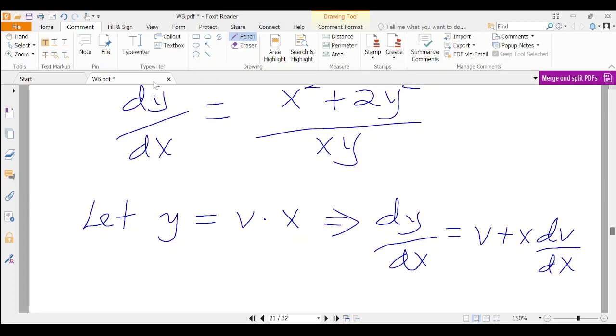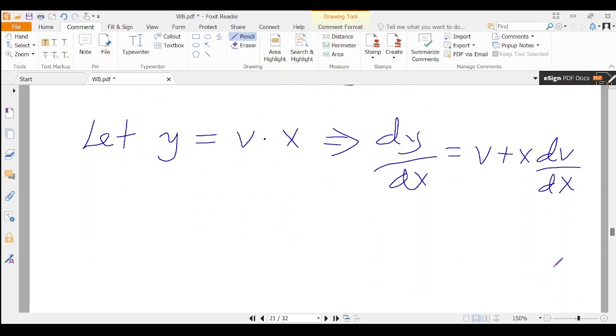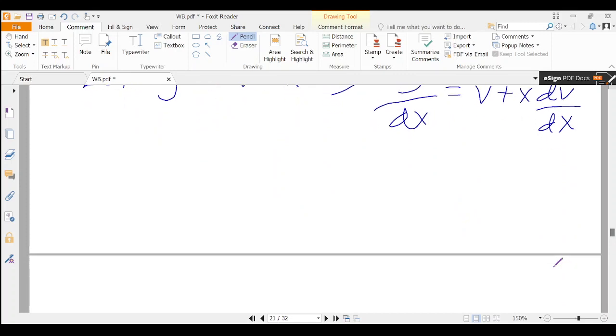Where we have dy/dx, we write v plus x dv/dx. Where we have y on this side, we write v times x. So notice that the first term on the right-hand side is x squared, so that one remains. So we are going to replace y here and here with v times x, then dy/dx by v plus x dv/dx. So our differential equation becomes v plus x dv by dx